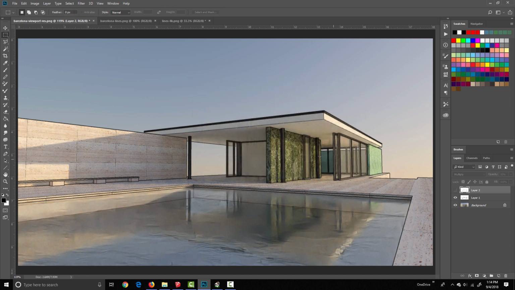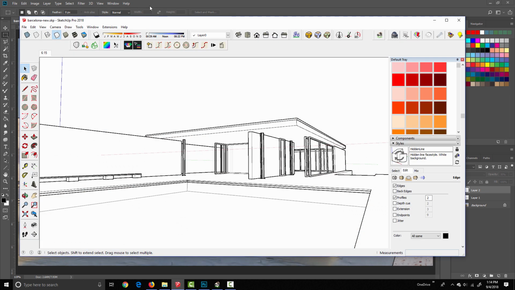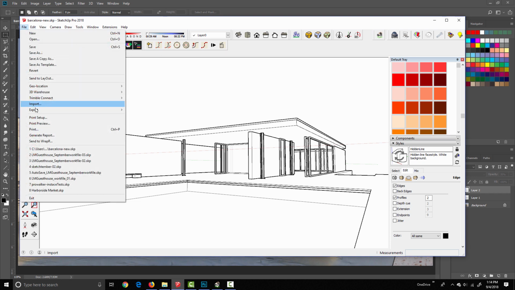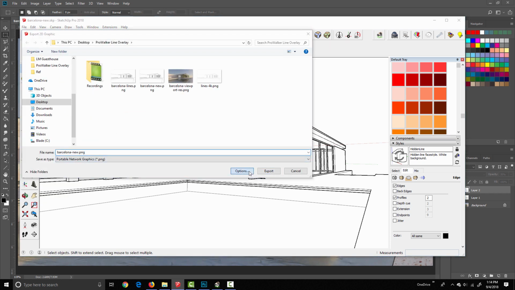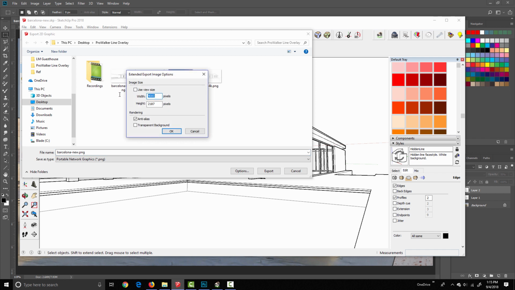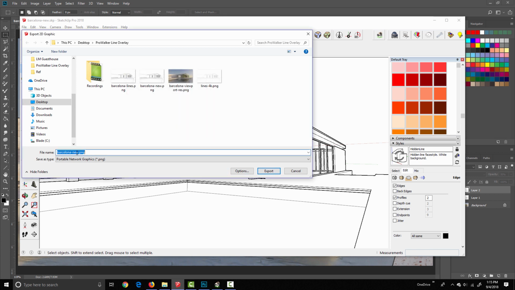I'm going to click cancel, but just remember that number, 2000 by 1094. Come back over to SketchUp, File, Export, 2D Graphic, Options, change that to 2000, and it was actually 94, but I don't think the 1 pixel is going to make much of a difference. So we'll say